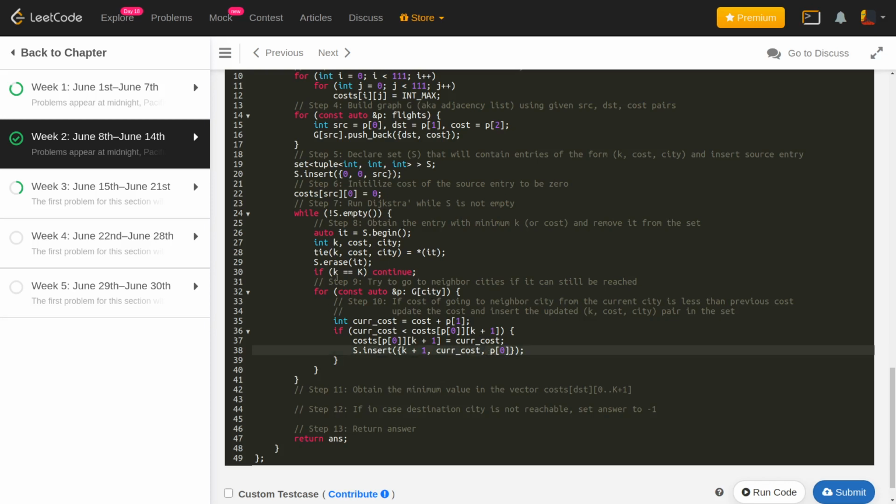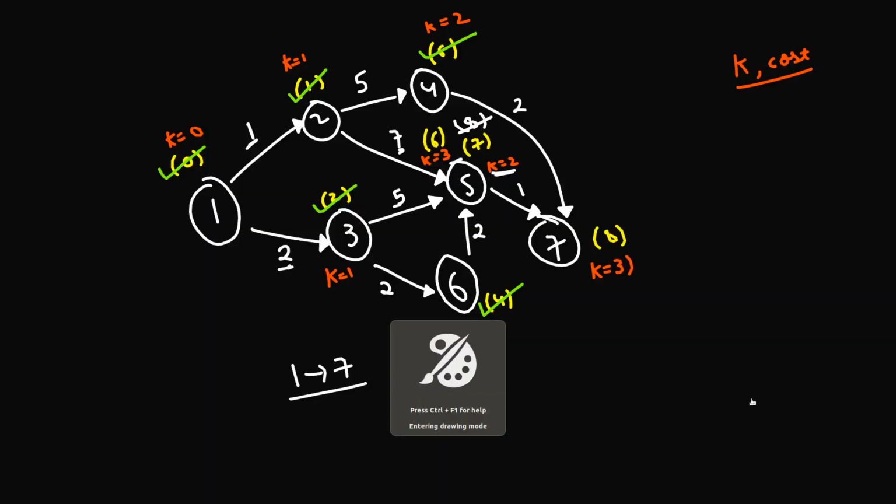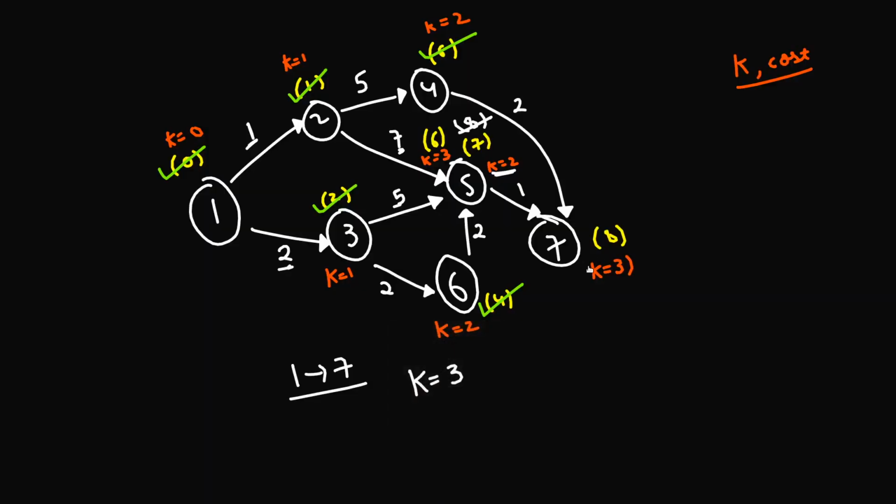So once we have that, this is the whole part of our Dijkstra, and what we have to do next is we'll be just obtaining the minimum value that we have for the destination node. Okay, and remember that I can reach the destination node either in one city or in two cities or in three cities and so on. So what I'm saying here is, suppose you are allowed to have k equals 4, so what all are the values that you will be considering while calculating the answer for this?